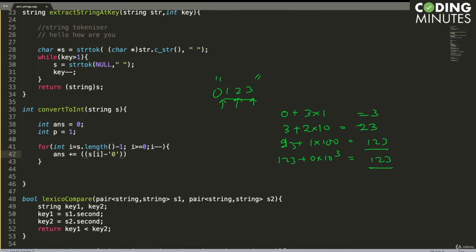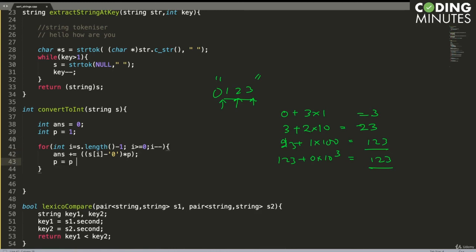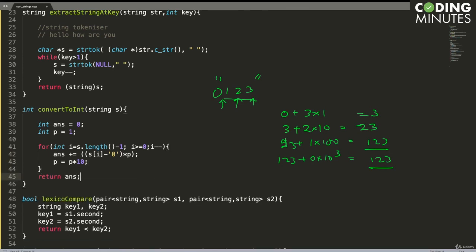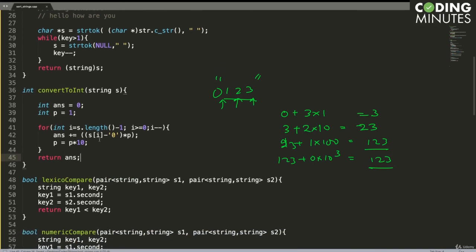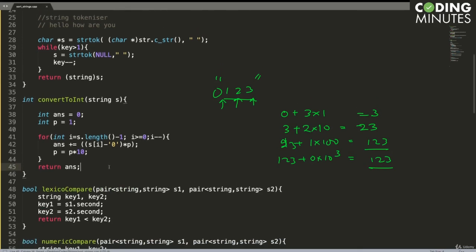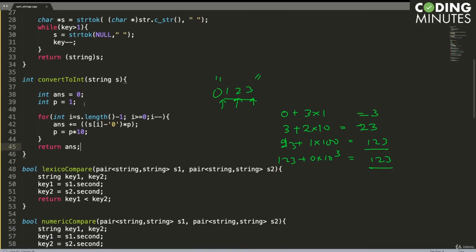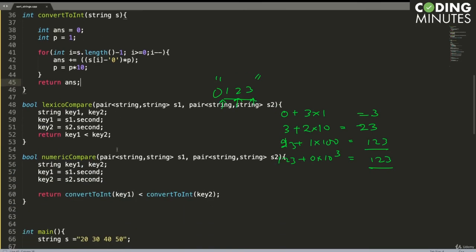That gives us the integer digit multiplied by p. And we say p equals p into 10. So in every iteration the power increases by a factor of 10. And this is what we get. You can easily test this function on your own.